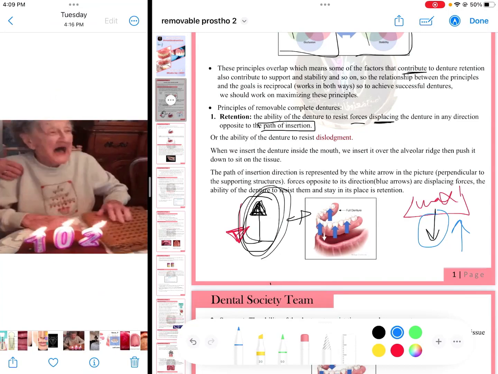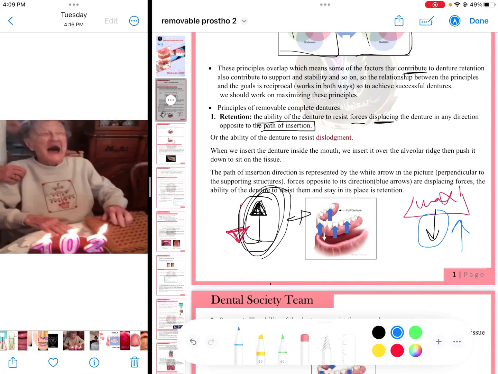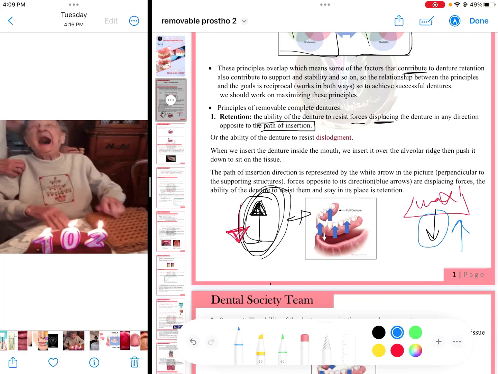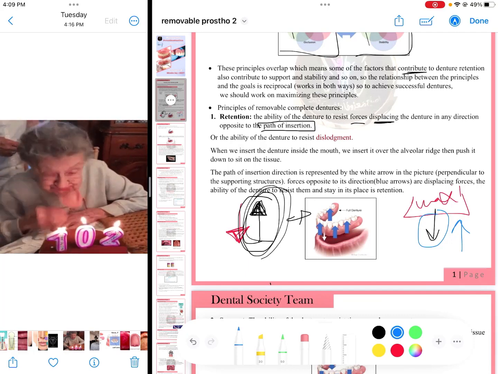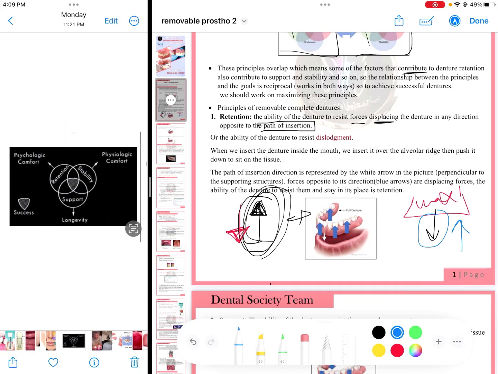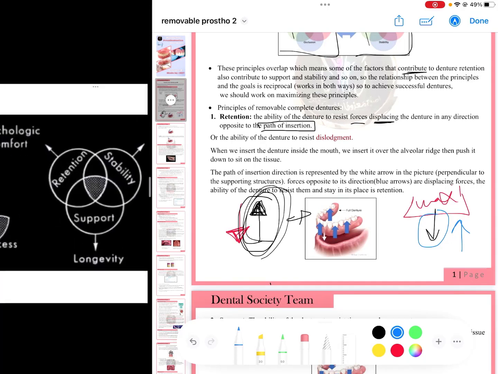She blows and then the denture fell down. So there is no retention. Her denture is not resisting the displacing force. So here there is no retention. We want to achieve retention with our denture, because when you achieve the retention, as we can see here, you will give